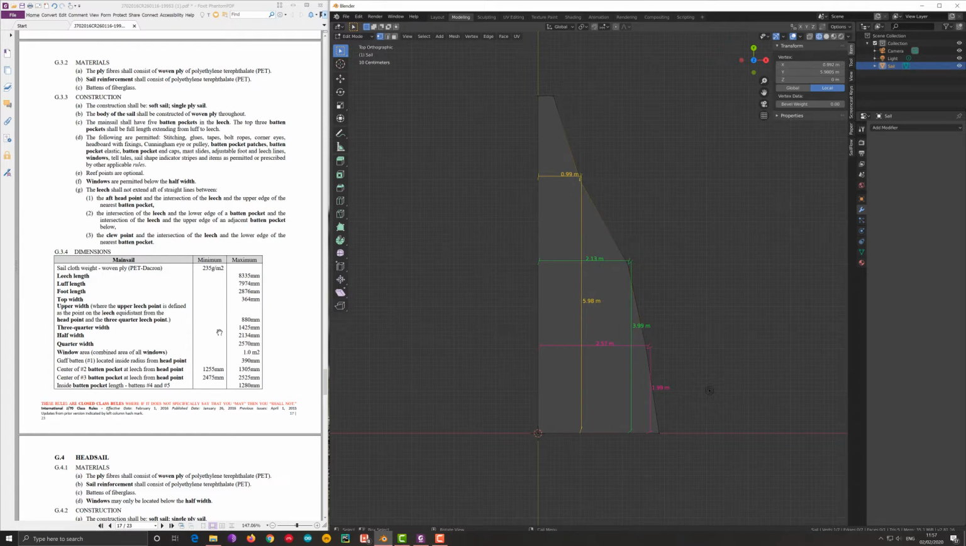I do the same for the last vertex, so this time is 3 times 1993 multiplied by 3, and then in X I have to input the number, which is 1425. Okay, now I have a sail which is compliant to the rule. I do have one more